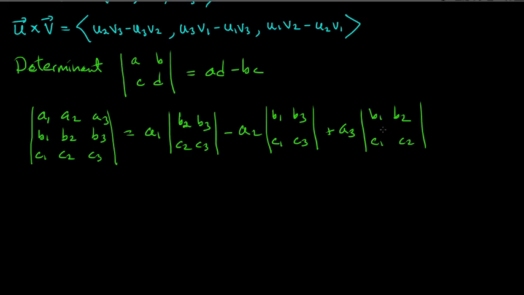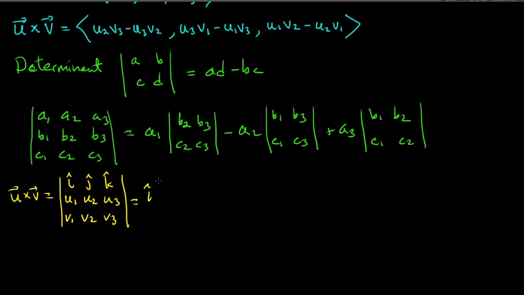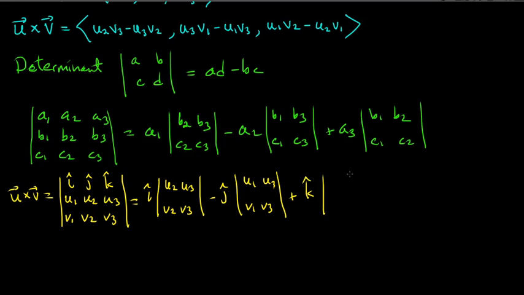But anyways, this is good to remember, because the cross product can be thought of as a determinant. The first row will just be the unit vectors i, j, and k. The second row will be the components of u: u1, u2, and u3. And the third row will be the components of v: v1, v2, and v3. So in that sense, A1 is really just the vector i, and then I want to write out the determinant: i times the determinant of u2, u3, v2, v3, minus the vector j times the determinant of u1, u3, v1, v3, plus the vector k times